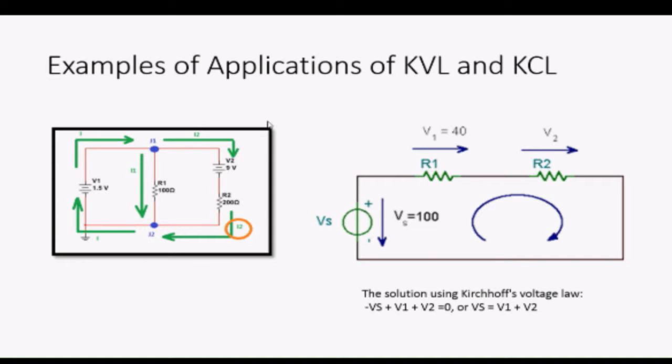Applications of these two laws. The current distribution in various branches of a circuit can easily be found out by applying Kirchhoff's current law at the different nodes or junction points in the circuit. After that, Kirchhoff's law is applied